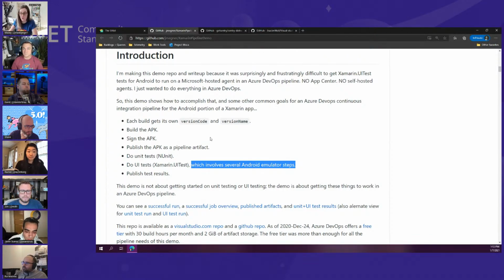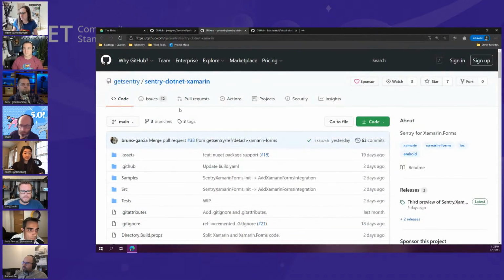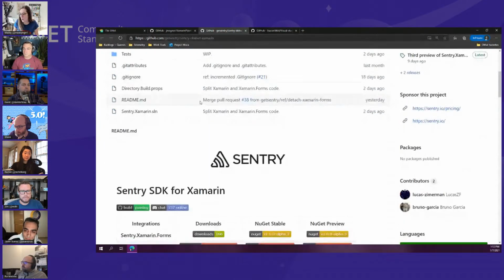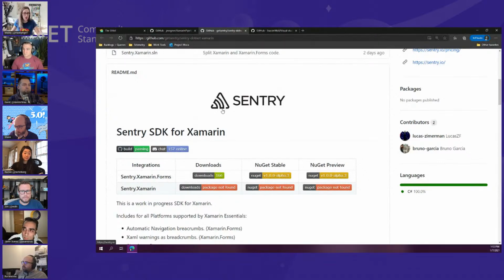This is a good repo to reference, and maybe we'll learn some things on how we can make it easier too. Of course. All right, I saw this Get Sentry for Xamarin. I think I saw it early in December. I don't quite remember, but Sentry is an application monitoring